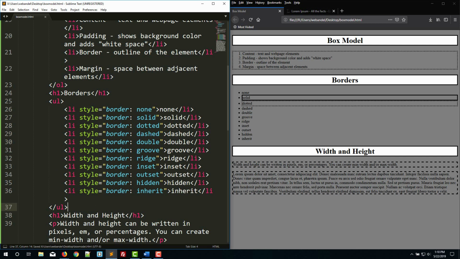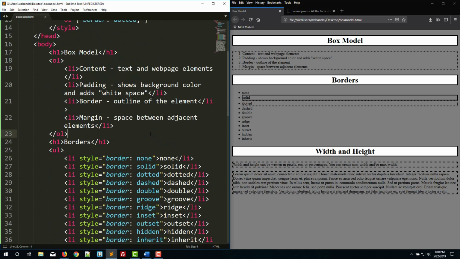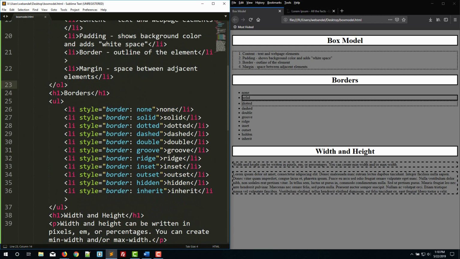And inherit, unless we have a style up here with our order list, which actually, we'll keep this. Okay, so unless there's one that's specifically listed for the line items, it should inherit